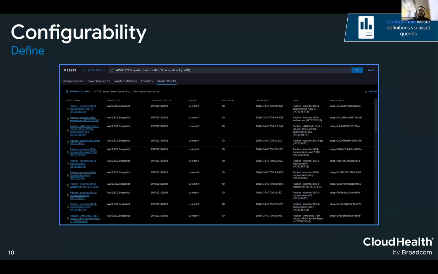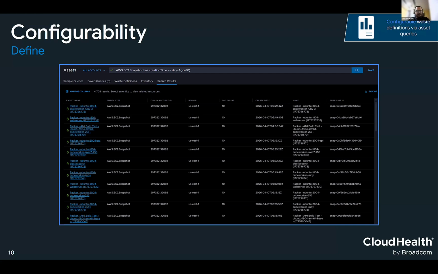Moving on to the second step, where we have configurability. So if you look at the waste definition case, we have a new tab introduced, which is waste definition. But if you go into a specific waste definition, you'll be able to change the query directly, right? As you can see at the top, this is for aged snapshots, and you can see all the snapshots which are aged, which is 60 days ago.